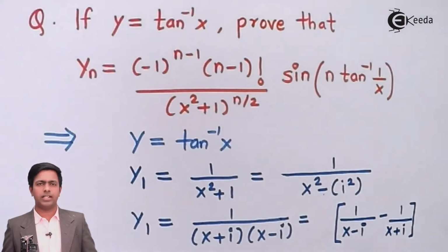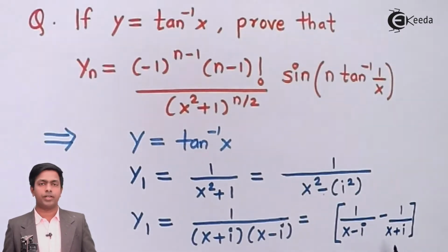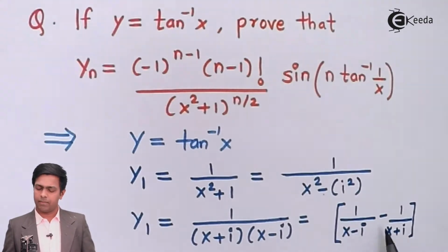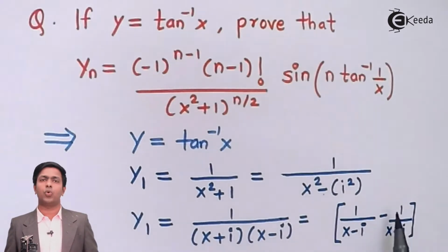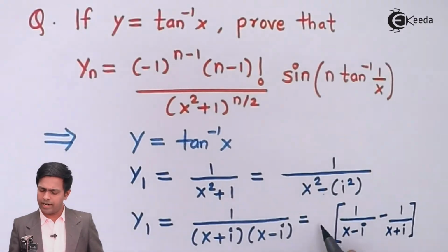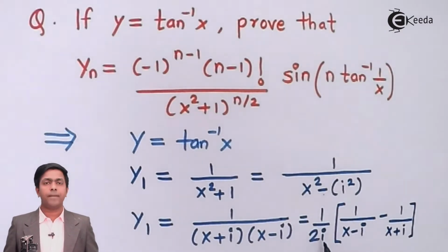So let's check. For the LCM, we multiply crosswise, and then we multiply the denominators. If I multiply the denominators, I'll get this denominator. Yes, that's correct. Now let's see what happens if I multiply crosswise. Here I'll get x plus i, and here I'll get minus x plus i. So x and x will cancel, and I will get i plus i, which is 2i. But guys, what I want is 1 in the numerator. So I have to multiply by 1 upon 2i. By dividing with 2i, we can cancel the 2i and 2i, and we get 1 in the numerator.